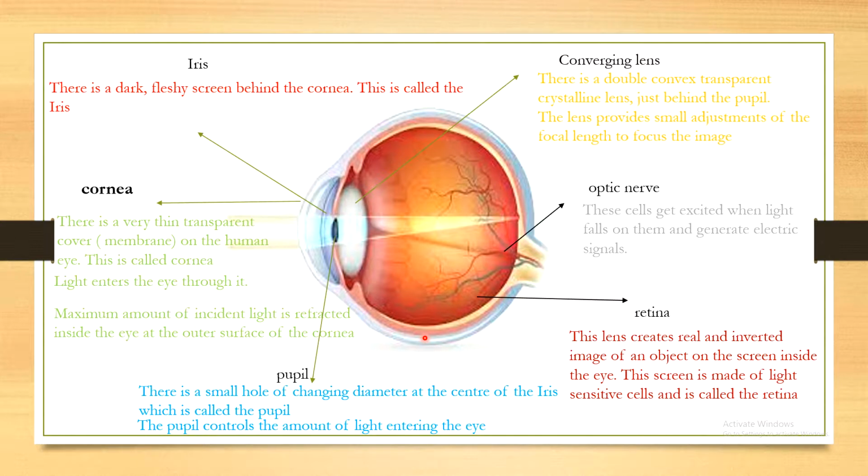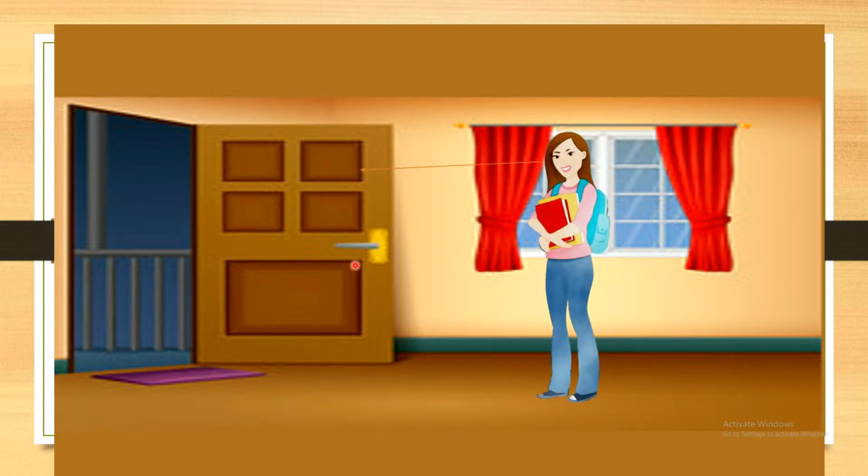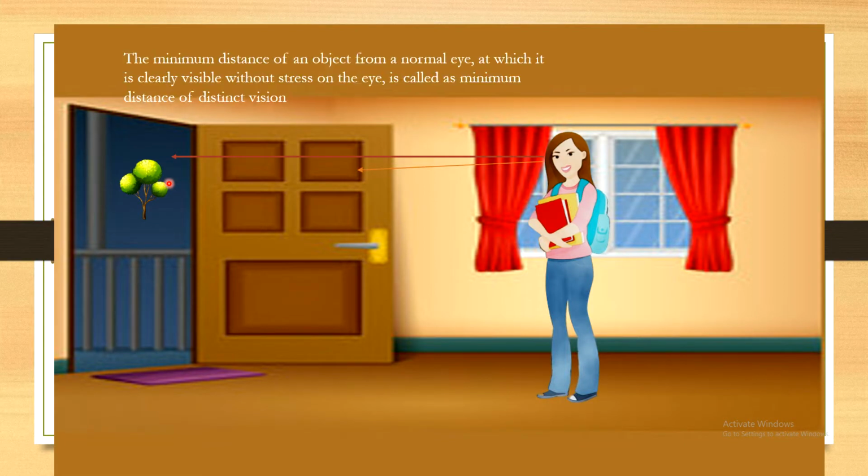Now there is a capacity of the lens. The capacity of the lens is to change its focal length as per need. So here you can observe that one girl is observing a nearby object. For example, she is observing the door, and then again she is observing a tree which is at a far distance. That means the capacity of the lens to change its focal length as per need is called the